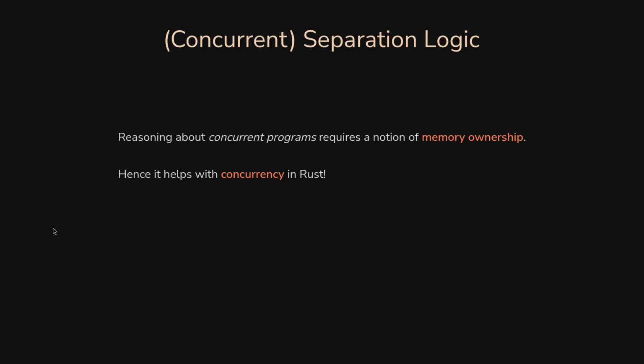So they introduced this notion of what they call ownership, which is more or less like uniqueness. They say, oh, this is part of the memory I care about, and I want to guarantee that nobody else is going to touch it. And if it is true, then I can show that my program won't do stupid things, and then I can prove that it is true, and I get what I want. And I think this is why it also helps with concurrency in Rust, where it guarantees that you don't have any data race.